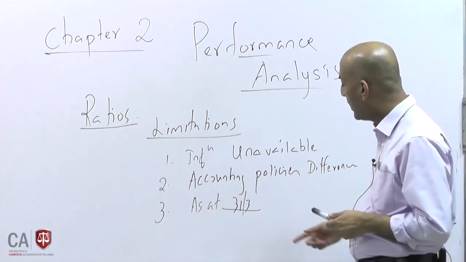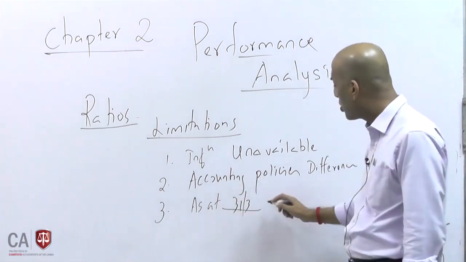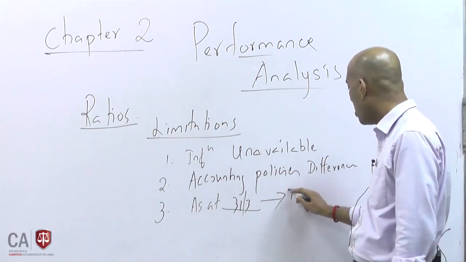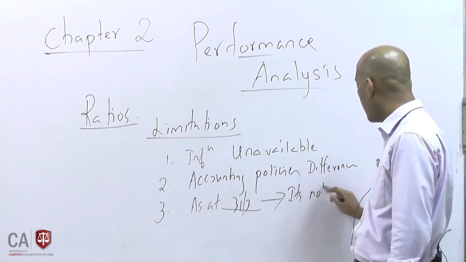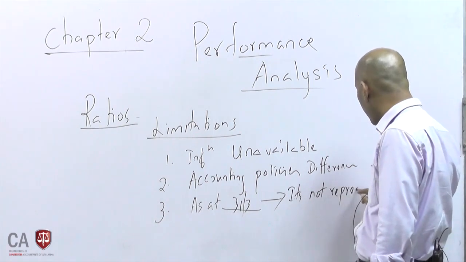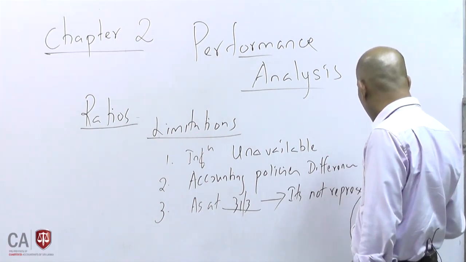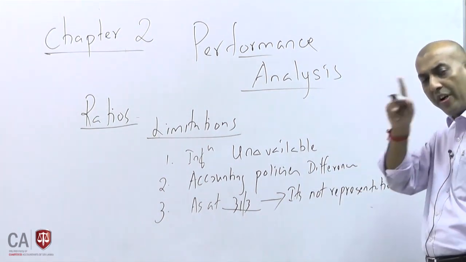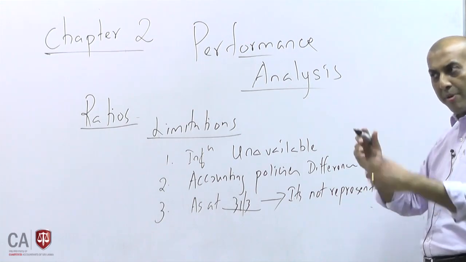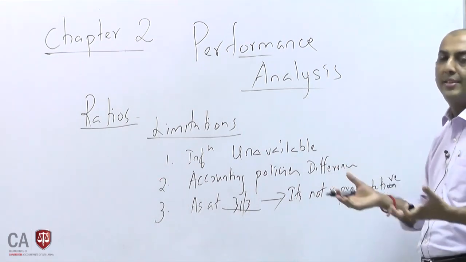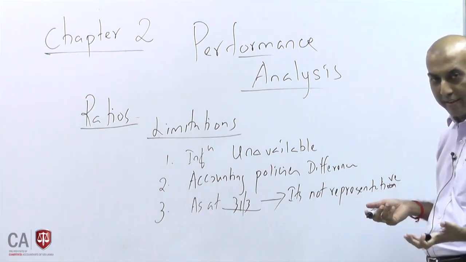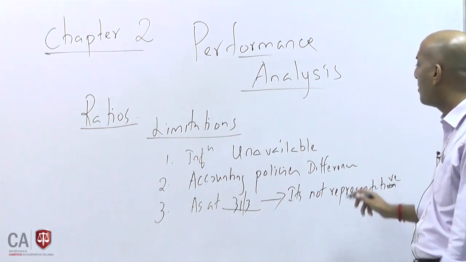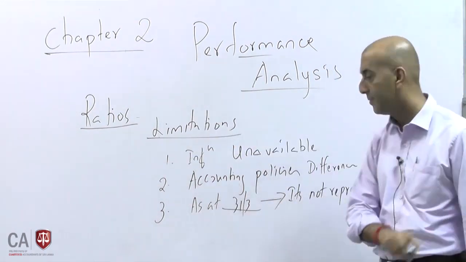So please note whether your ratios reflect the whole year. The limitation is that it's not representative. Your balance sheet values are not representative of 365 days. It may be only one day that you have a larger balance in your inventories, or debtors for that matter. You don't have an average balance over 365 days, so that can't be used for your ratio computation.